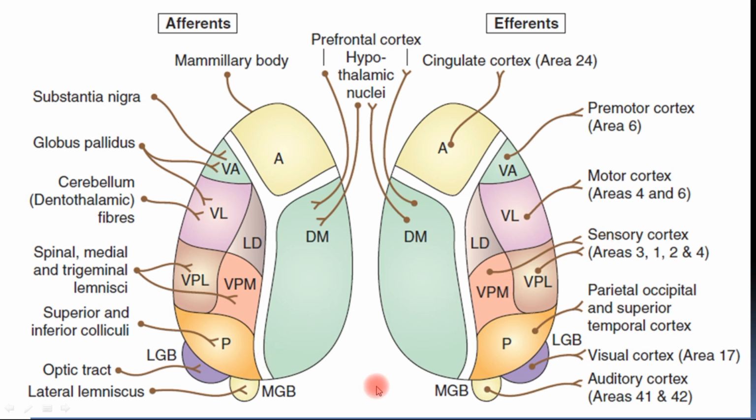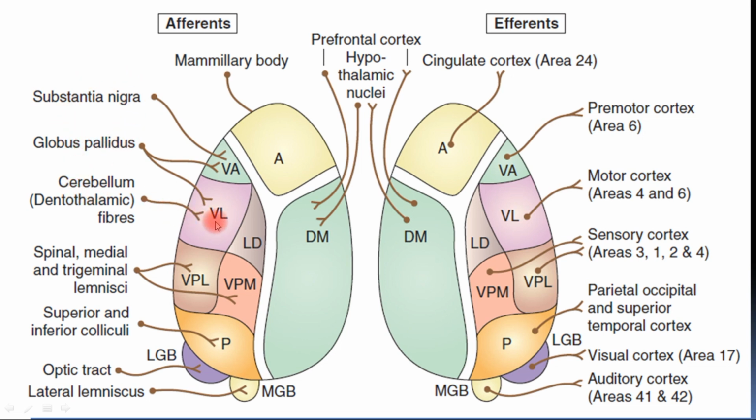Now coming to the second aspect, the second functional division, which is the motor function in the thalamic nuclei. That consists of the ventero-anterior nucleus and the ventral lateral or ventrolateral nucleus. So the motor nuclei are these two nuclei. As you can see here, both of them are receiving signals from two important other brain regions which are responsible for motor function, that is the cerebellum and the basal ganglia.